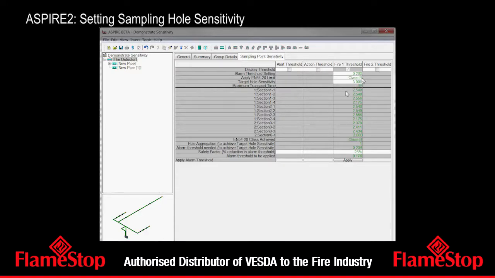Again, we're doing quite well, but if we wanted to go to Class A, we'd actually see that most of our holes are no longer going to be compliant with Class A. Now you'll notice that Aspire actually does some work for us, in that it calculates what alarm threshold we would actually need to have to achieve Class A. In this case it's